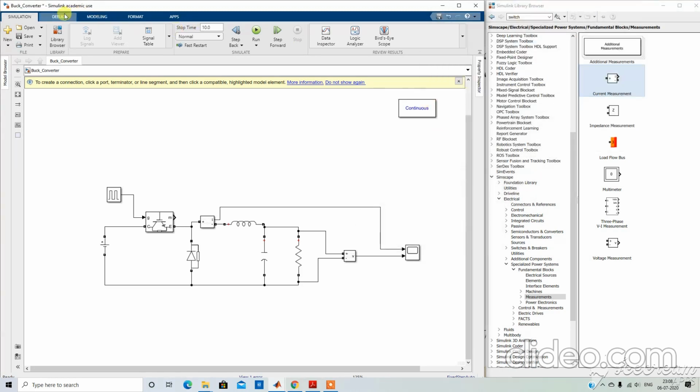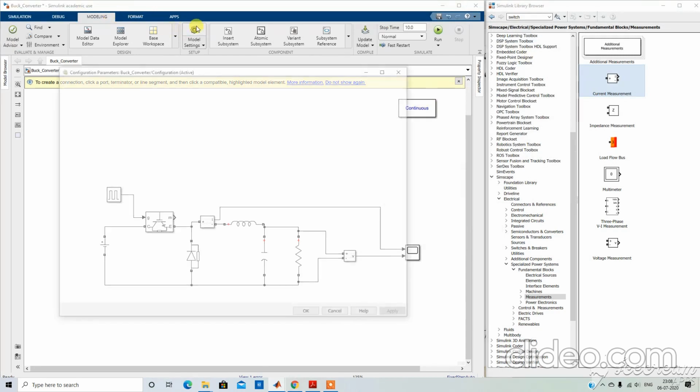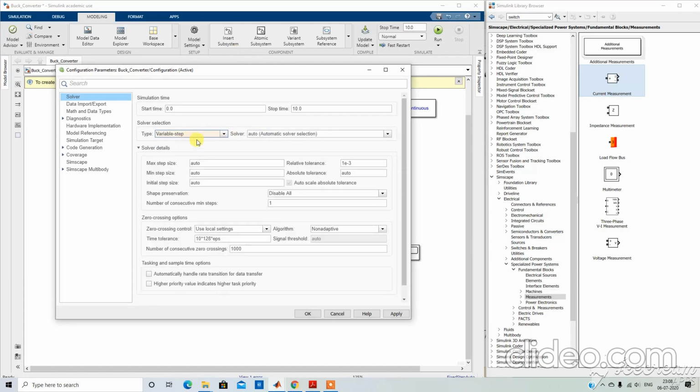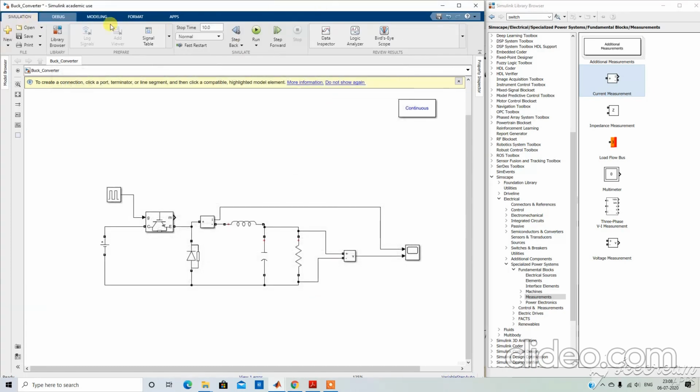As the discrete time solver is not matching with the pulses, we will take a variable step solver and simulate again.